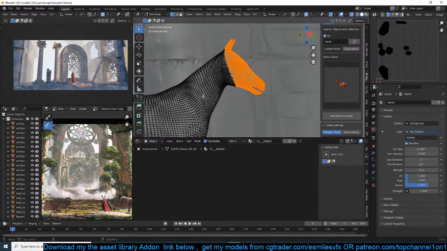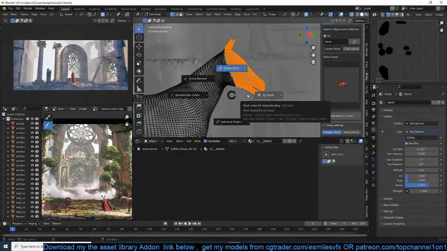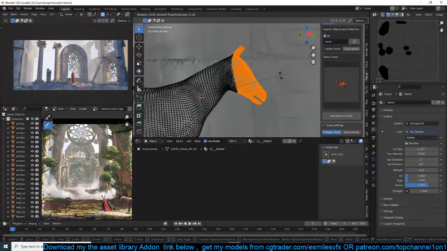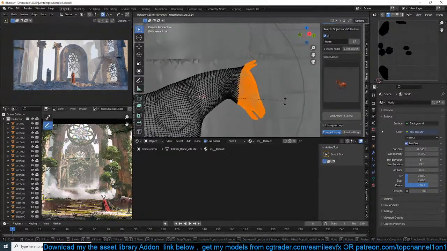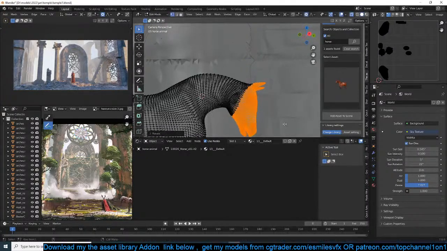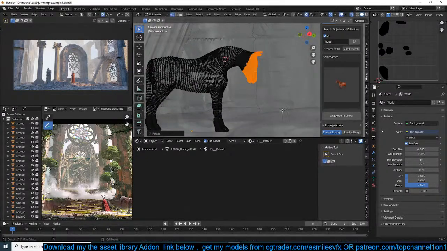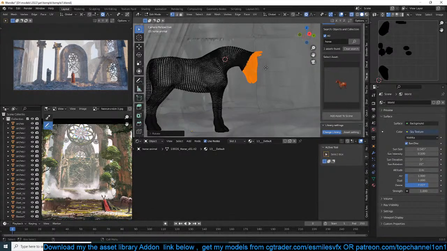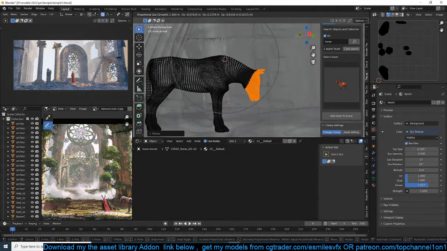Anyway, kind of proportional editing here. I don't want to rig this, but I want to make it seem like the horse is